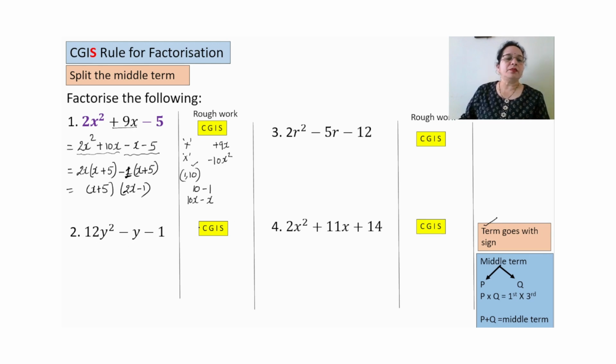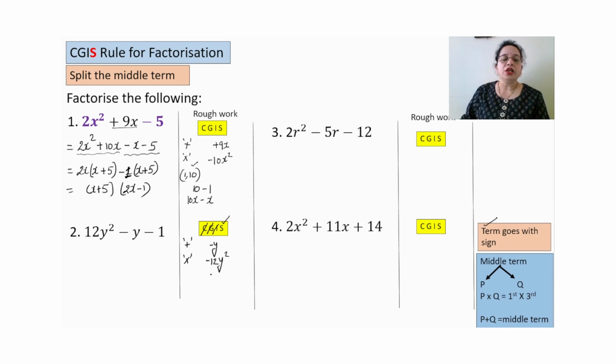Come for the second sum again. First thing is common. Common is not possible. Grouping is not possible. The last term we cannot write down as a whole square, so identity is also not possible. So we will go for splitting the middle term. Splitting the middle term means when we add these two terms, you should get the middle term, that is minus y, and when you multiply this, you should get the product of the first and the last, that is minus 12